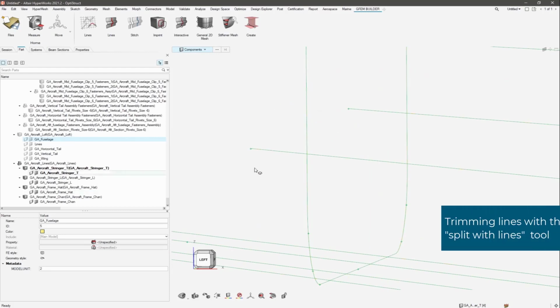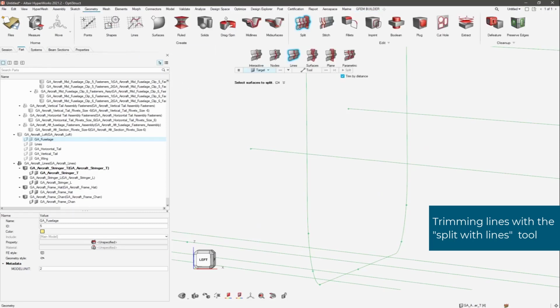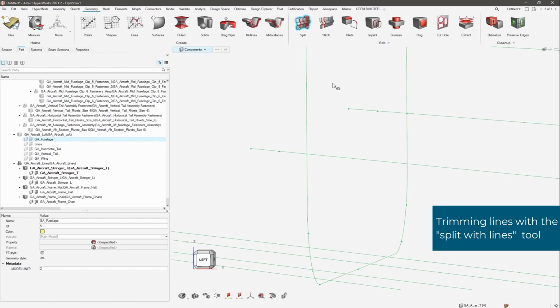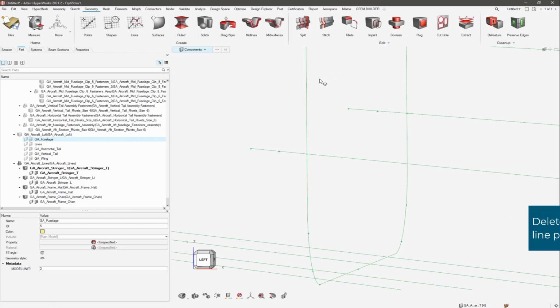These lines can be trimmed by using the Split With Lines tool. First, we must ensure that Lines is selected for the Target drop-down menu. We can select the two lines that we are wanting to trim. Following this, we can select the Tool button and select the two lines where we are wanting to perform the trim. By pressing Split, the overlapping line portions are divided into separate lines,